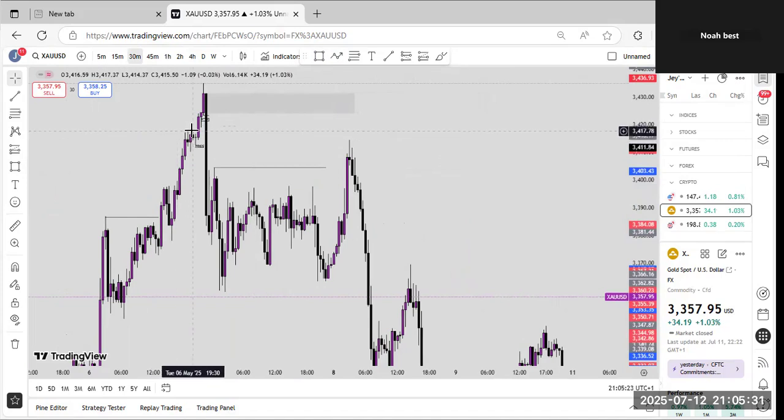If we go down to our time, I don't want to go down because it will take me time to come to this. Again, you get. So yes, this place was a zone we're supposed to buy. This consolidation here was supposed to be a buy zone, but price broke past it. You could see the momentum price used to break past it. Then we now take our sell from this zone,